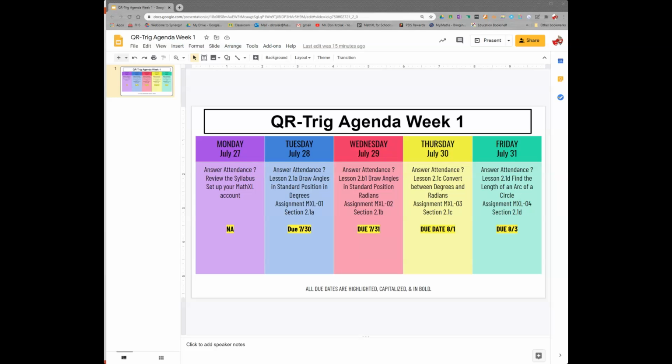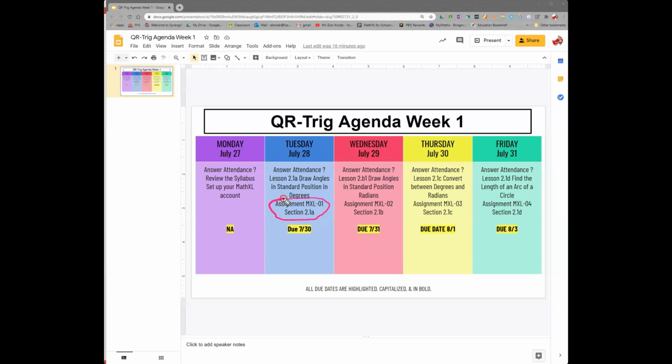Here's our QR-Trig agenda for the week. So yesterday I had you go over the attendance and set up your Math Excel accounts. Today what we're going to do is first go through and answer your attendance question. Then I'll do the video lesson on drawing angles in standard position and degrees. And then after the lesson, you're going to do the Math Excel assignment